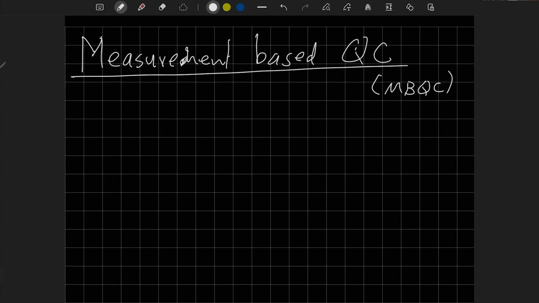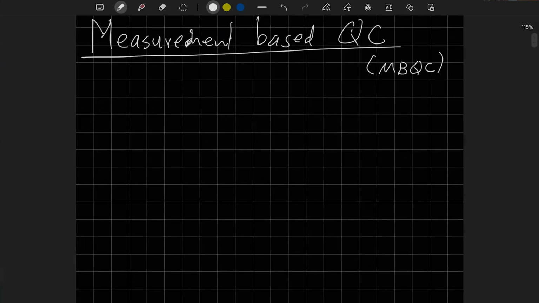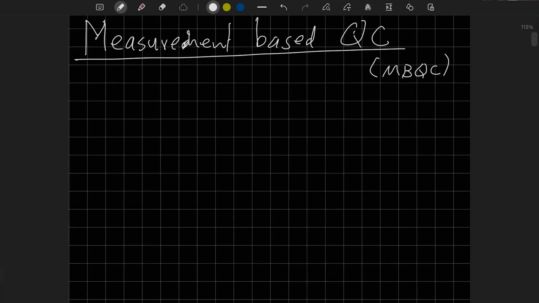Where did this idea of measurement-based quantum computing come from? It came from the idea of quantum teleportation, in fact. So I hope you all know about quantum teleportation, right? What do you want me to do? I can give a brief overview. So in quantum teleportation, in the simplest form,